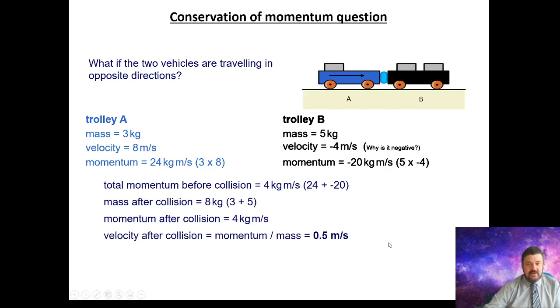And all we need to do is do a little formula rearrange. So the velocity after the collision will be the momentum divided by the mass. Momentum is 4 divided by mass, which is 8, gives you 0.5 meters per second. Because there is no minus, it will be 0.5 meters per second in the eastern direction. If there was a minus in front of it,